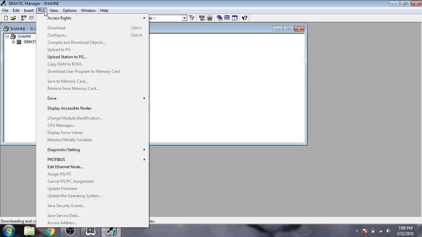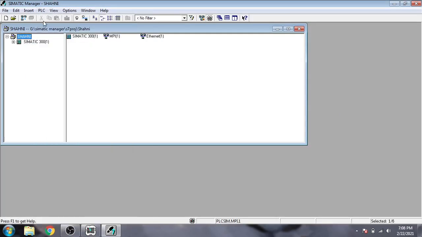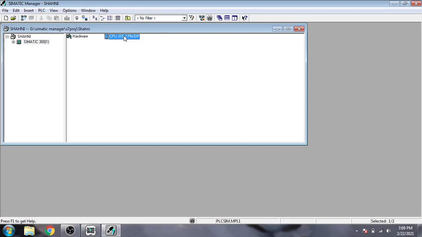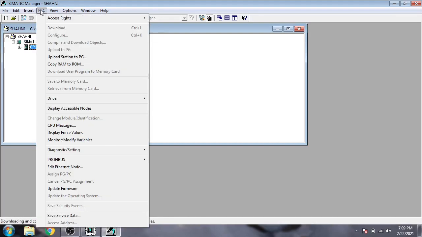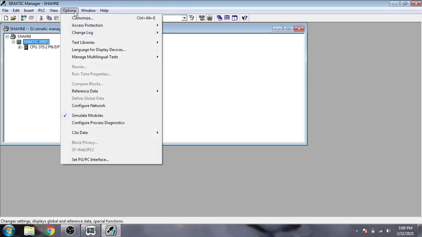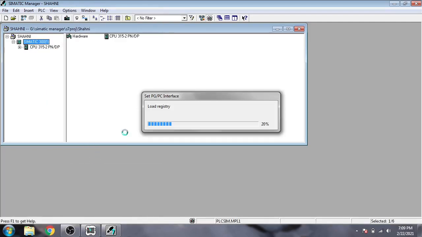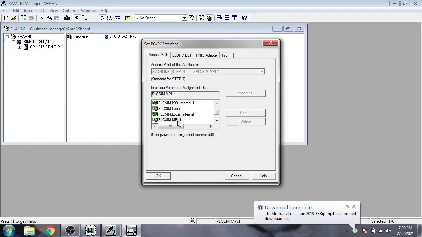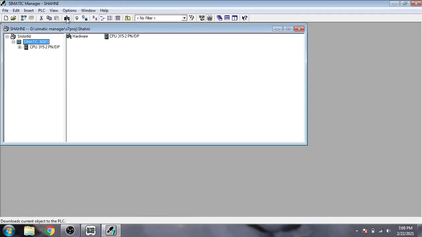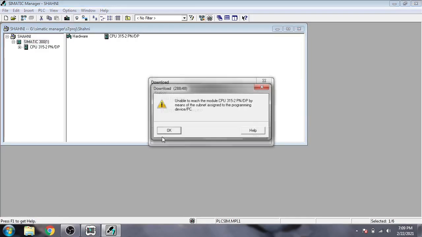Now again I am going to check where is my MPI DP. PLC sim MPI, and OK. Now I am going to download into my PLC sim.